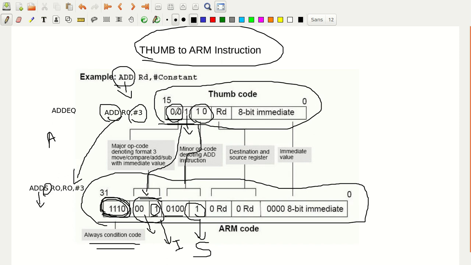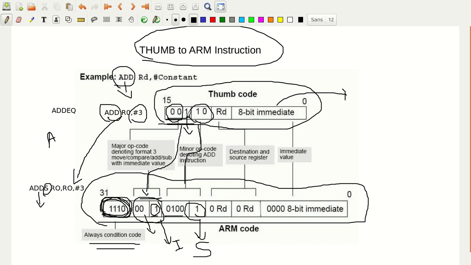Okay, so here 001, see, this is Thumb code. Thumb code is a 16-bit instruction code. This will be stored in the memory, and that will be taken by a decoder, and the first 3 bits it sees are 001. It understands that the 00 is, of course, there is no condition. All the Thumb instruction set apart from the branch instructions will not have any conditions. So that's why 1110 is attached here, the last 4 bits, the MSB bits, so that it is always on condition.